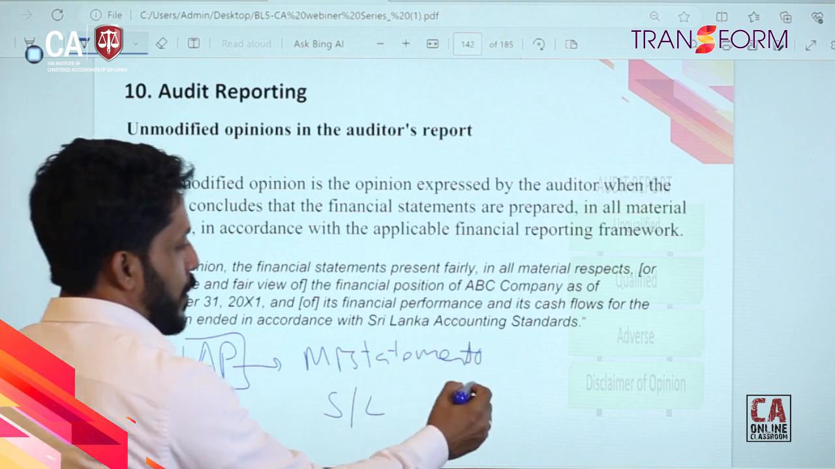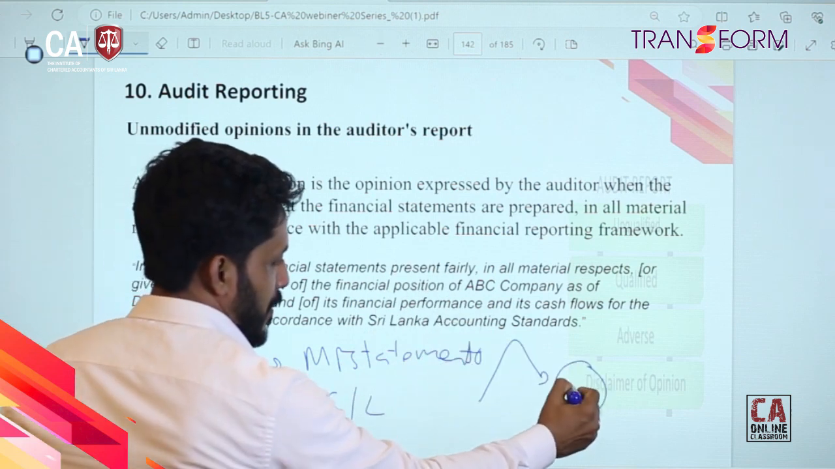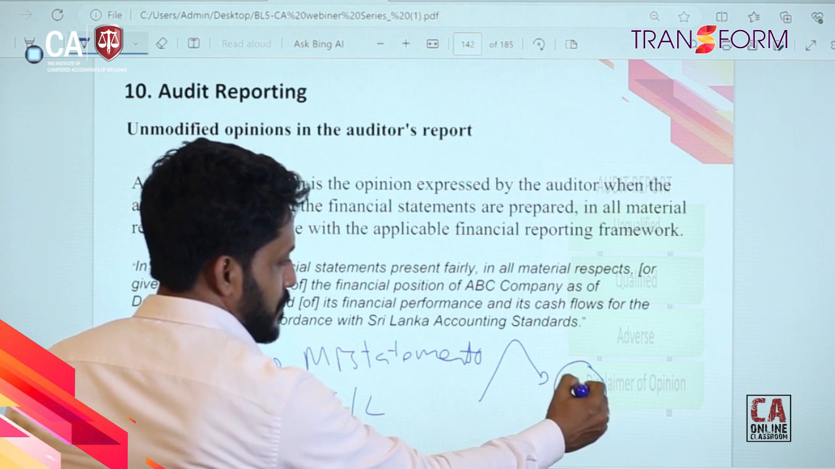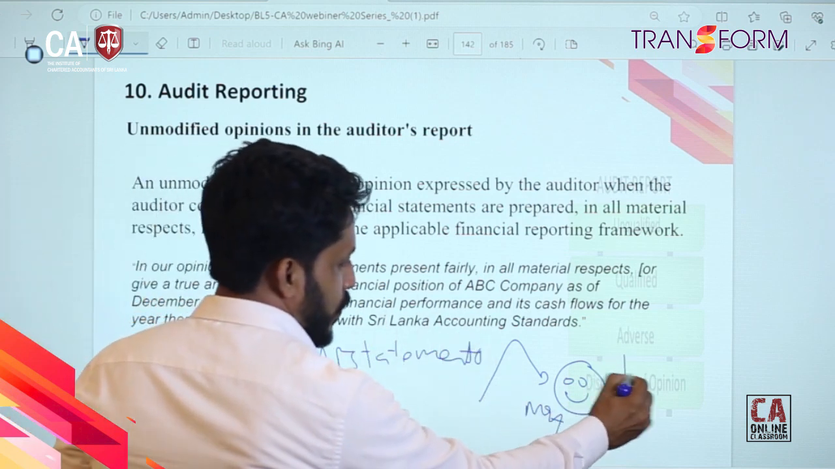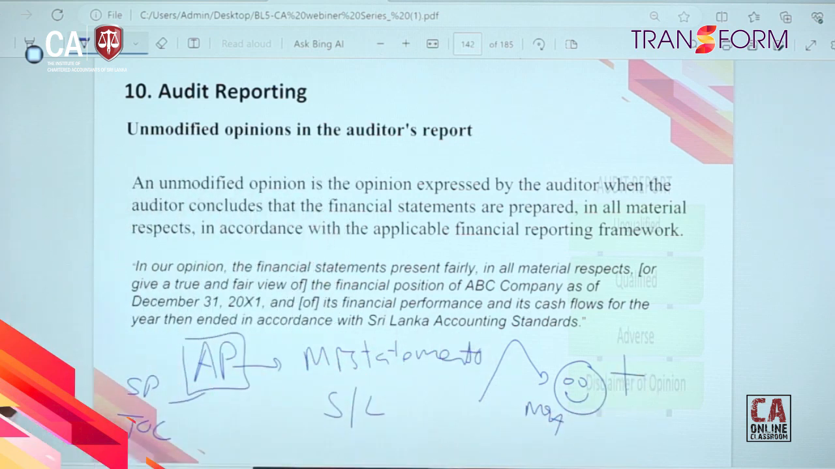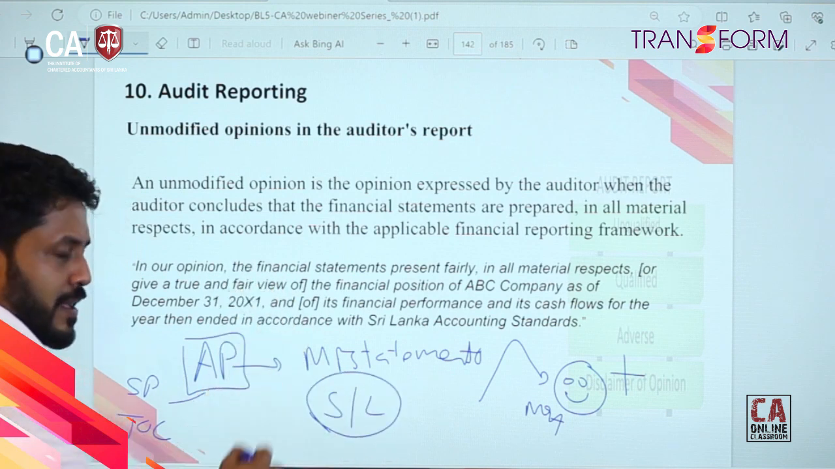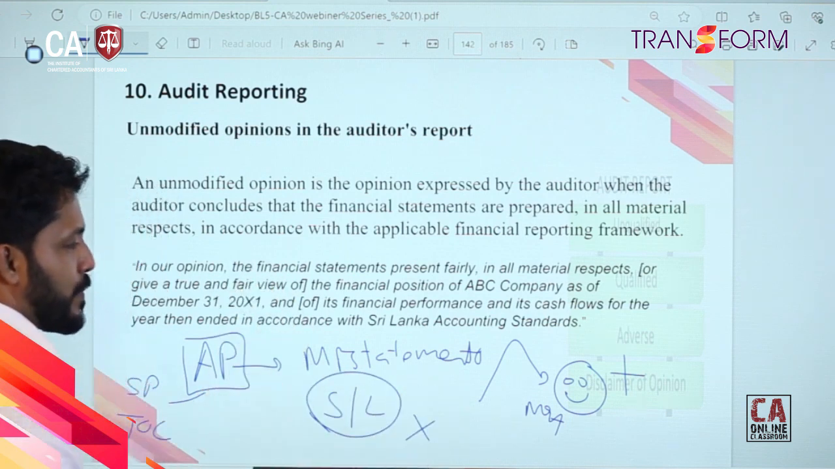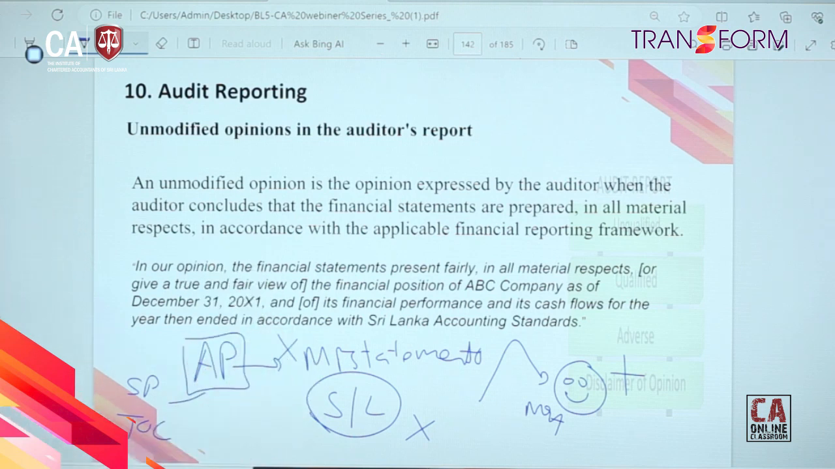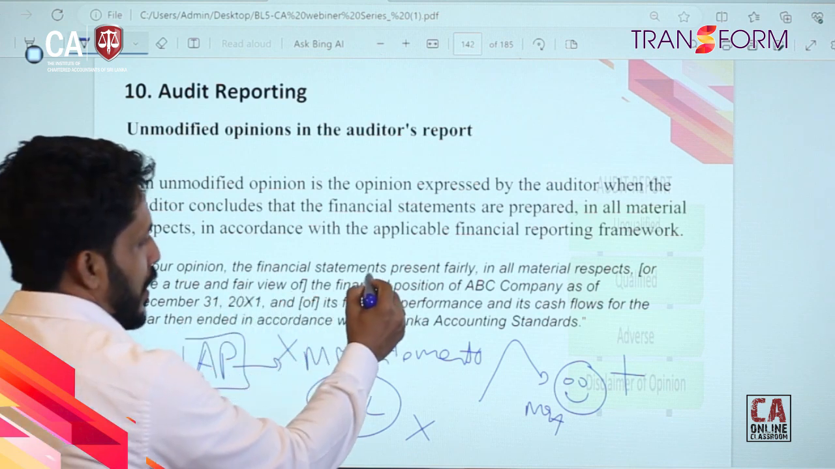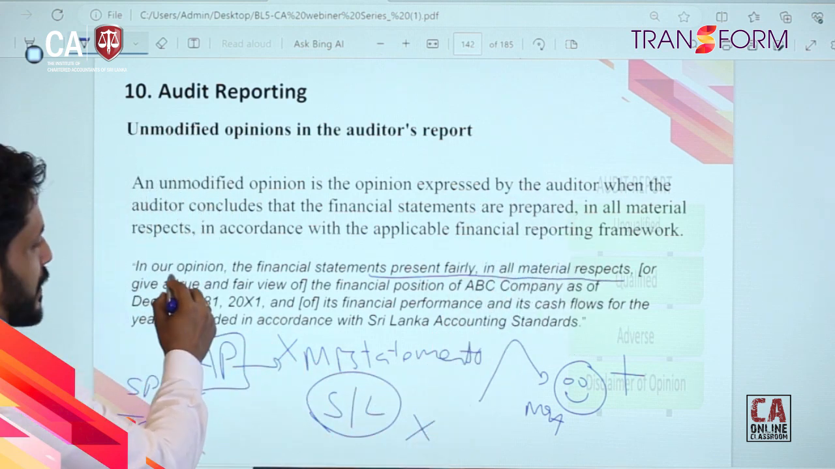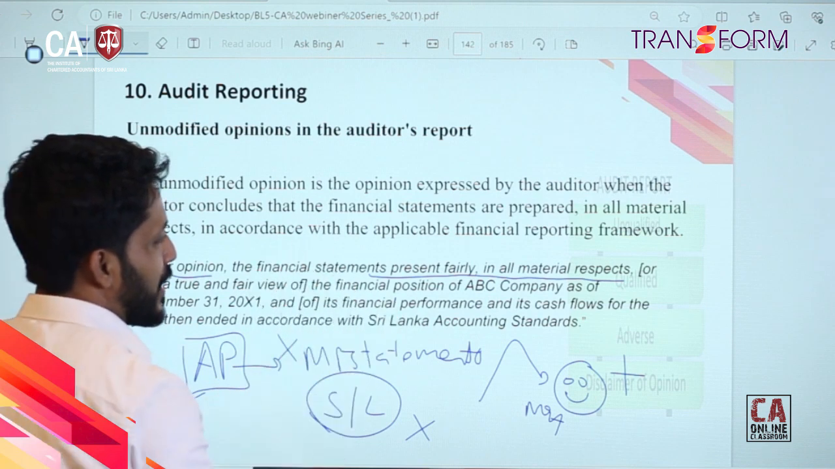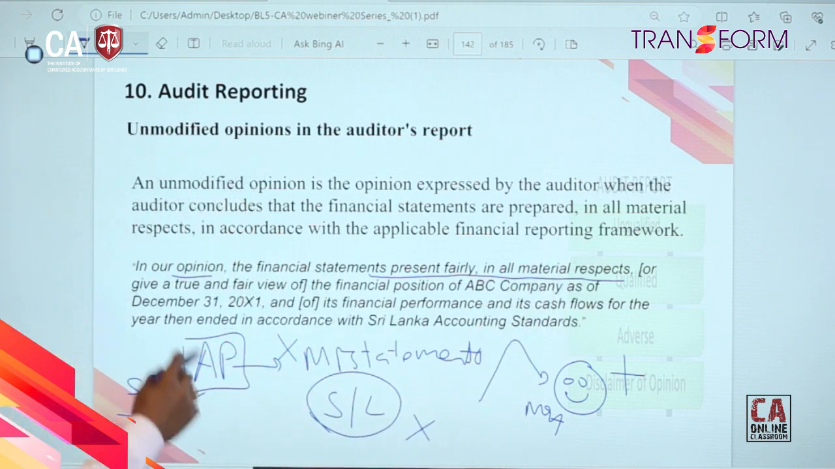So after notifying the management, they responded very positively. They supported us to eliminate these scope limitations and they corrected all the misstatements. Because of that, we are going to give a true and fair view. In our opinion, financial statements present fairly, in all material respects, give the true and fair